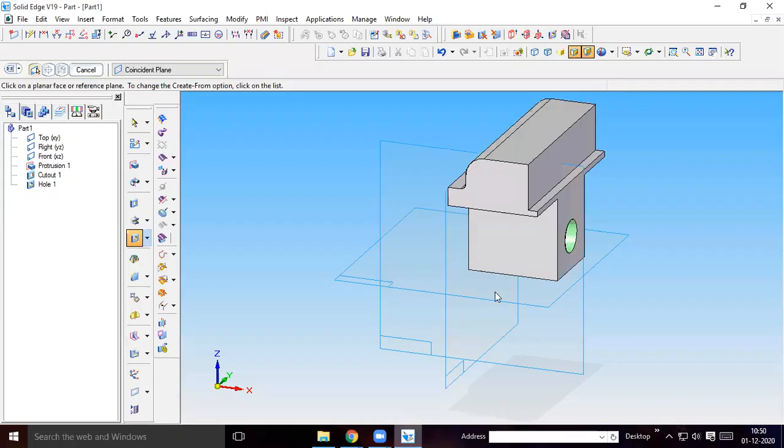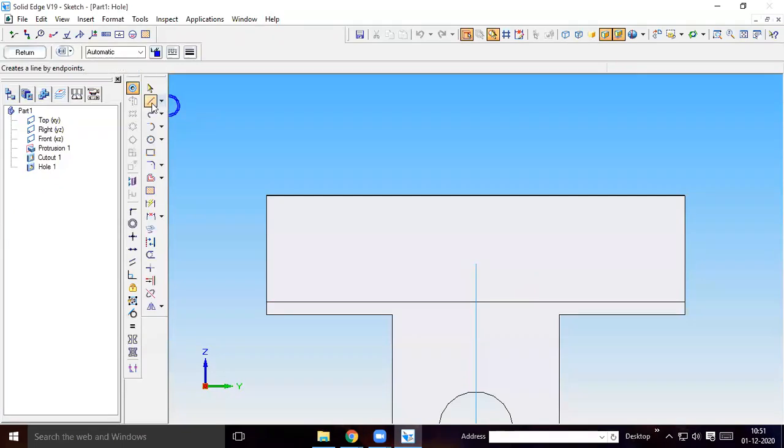Okay, so you need to select. Here also you have threaded screw holes, so you need to select hole. With a normal cutout you cannot do this. You have to select the hole option. Select this face. Okay, so the dimension is given from this line. While doing this, if you take the dimension from this line, it will be wrong. Your assembly will be wrong.